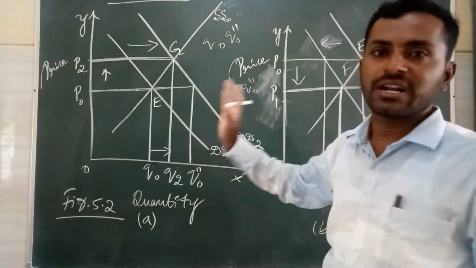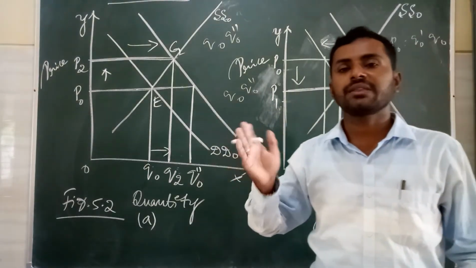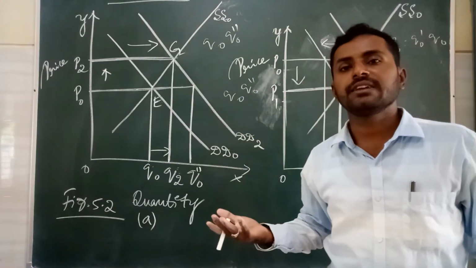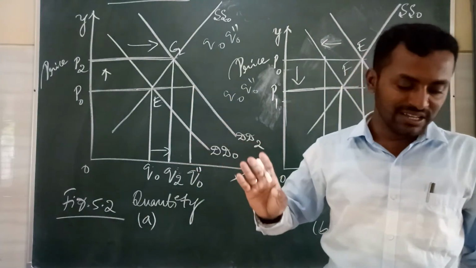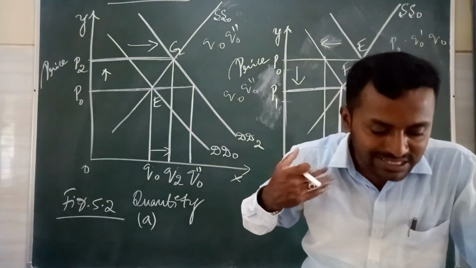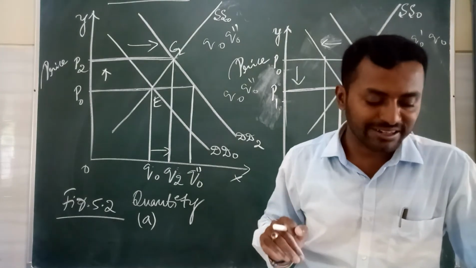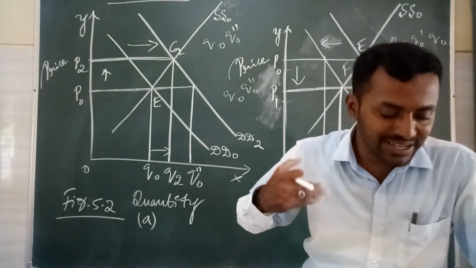For inferior goods, the demand curve shifts leftwards. But because of the increase in the consumer's income, the supply curve is constant and does not change. A shift in the supply curve happens only due to changes in factors related to technology or the cost of production of the firms. See, the supply curve remains unchanged.